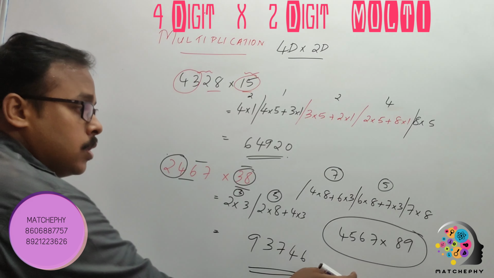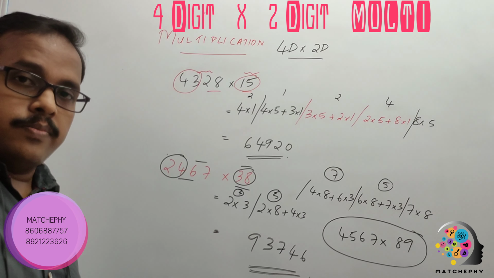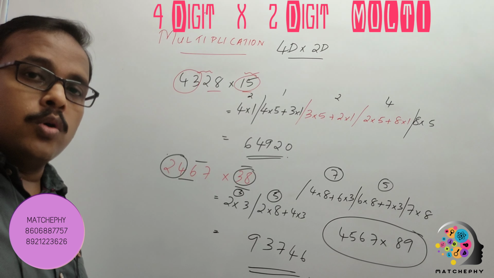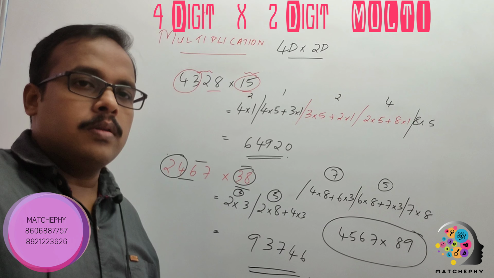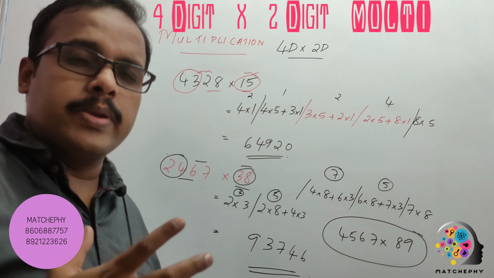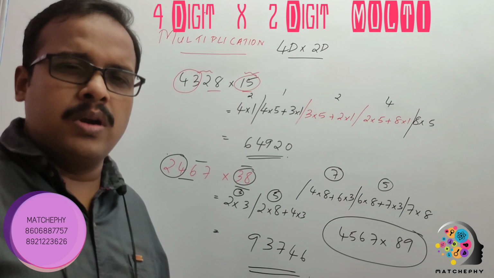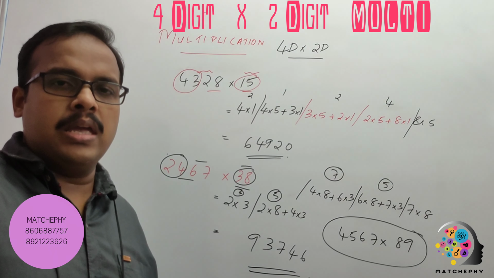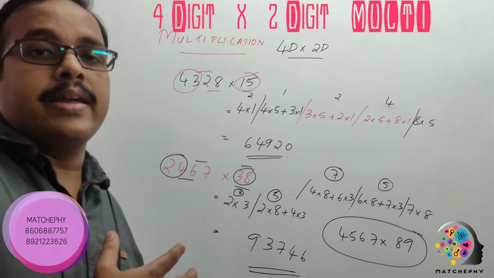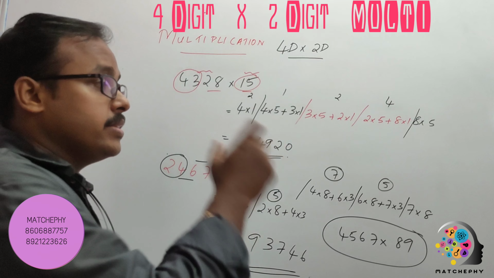Okay. So, this is the step for 4 by 2 multiplication. Okay. You got that? 4 by 2 multiplication. Okay. So, with that we come to the end of 4 by 2 multiplication. It's very easy. If you try it, it will be very helpful in any exam. Okay. Please do it. Please try it. We need it all the time. Okay. Even without writing the step.